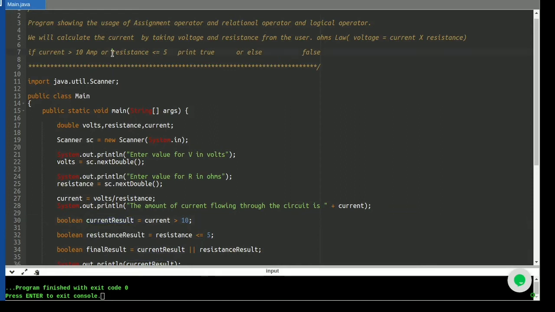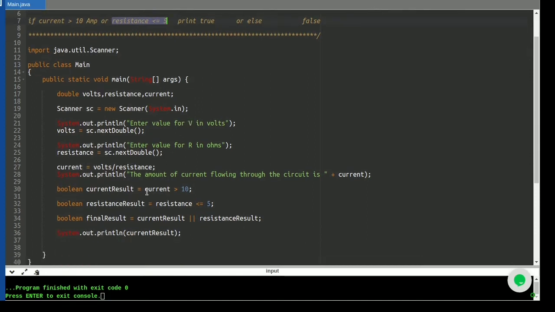proceed to the next part, whereby we check if resistance is less than 5, we will declare one more variable, and this time the name of the variable will be resistance result, and this will also be of the boolean data type, where we are seeing if resistance is less than or equal to 5.